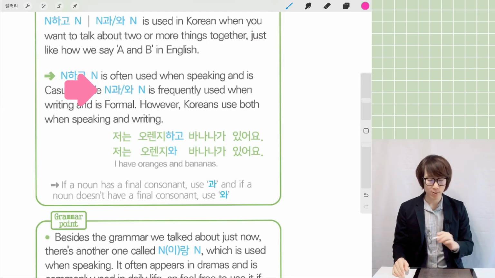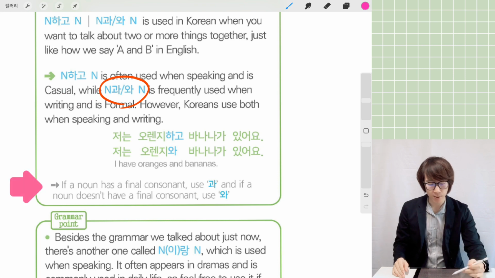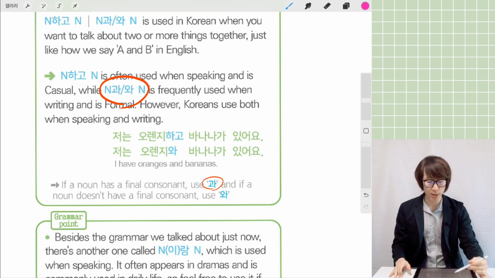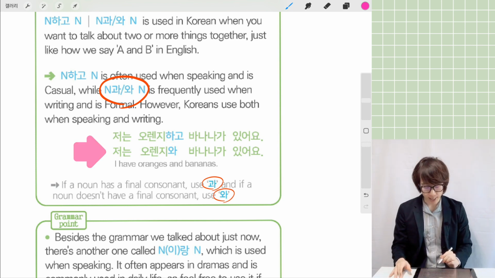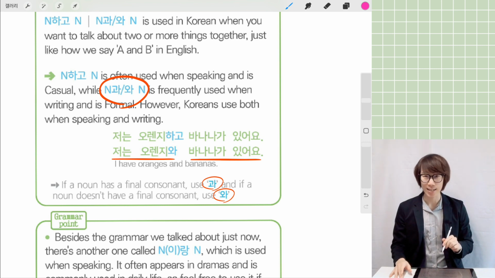But can you see noun과와 noun? If the noun has an ending consonant, you have to add 과. If the noun has no ending consonant, you have to add 와. Example, 저는 오렌지. G has no ending consonant, so you have to add 오렌지와 and then 바나나가 있어요. This may be very confusing for you the first time. So the grammar explanation in this lesson is very simple and easy, but your brain needs a lot of time to